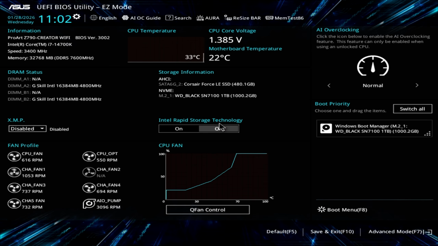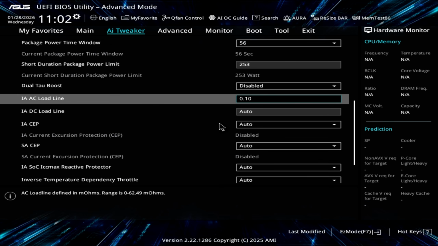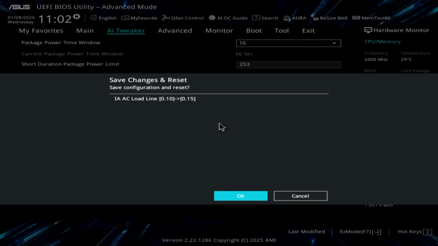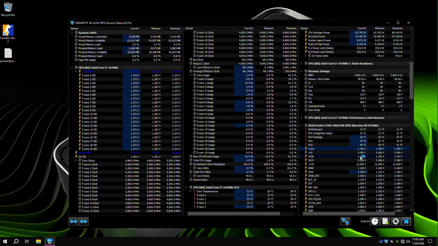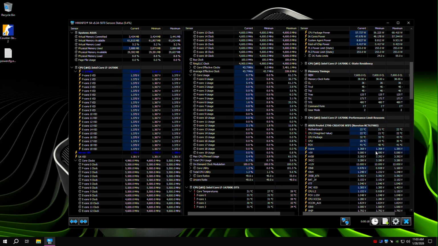Still trying. For the drop, we can play with DC load line, but I don't want to touch this value, only this value. Still too low. We are at 0.05, which should be around 15 millivolt for me. vCore directly is the same, and my SVID maybe looks higher, I don't know. And you see what's happening? This indicates your load line is too high. We surpassed the limit. So this is the snake eating its tail.